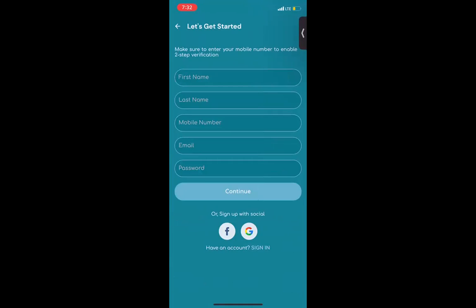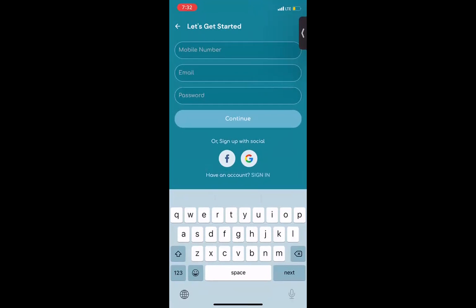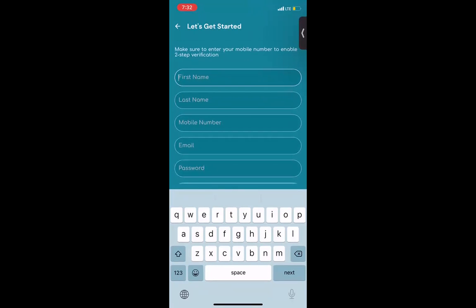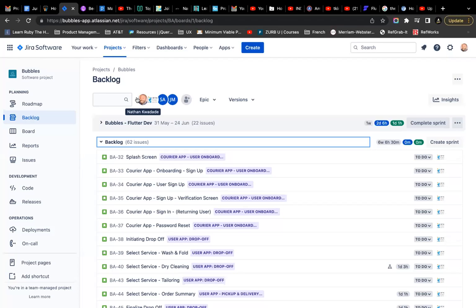And then, of course, you can sign up for the service, put in your name and all that stuff. But I'm not going to go through the whole process. This is just an example of the app. I'm not going to go into all the screens, but I'm showing you this so I can talk about the next thing, which is that everything you've seen so far is possible because we have everything accounted for here.